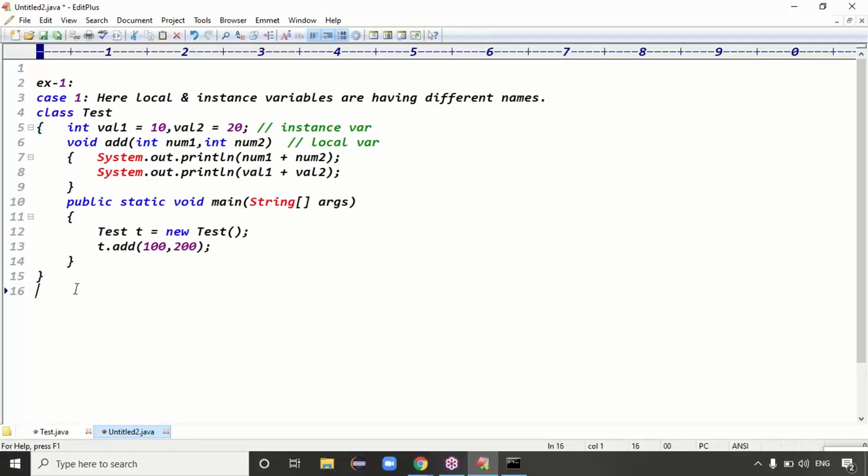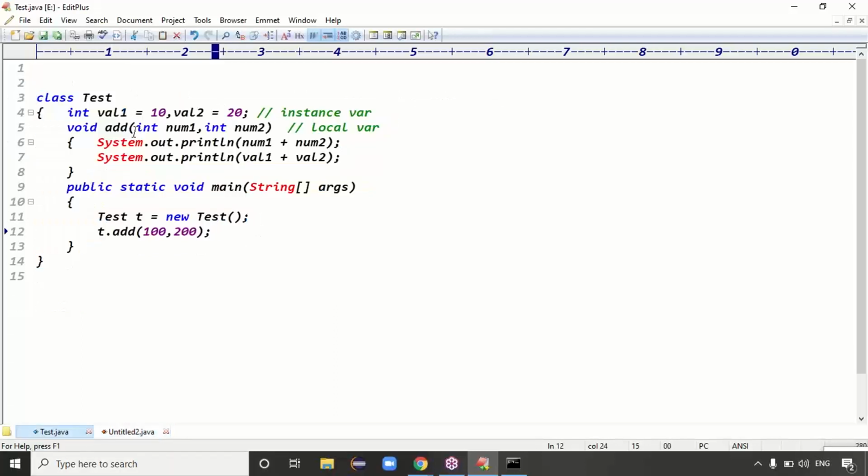But at the application level we generally take the same names, guys, because if you take different names, how many variable names do you have to take? Here two variable names and here also two, so total four variable names, right? If you take the same names, then how many variable names are required? Just two. Exactly. In that case, can I take the variables with the same name, guys?